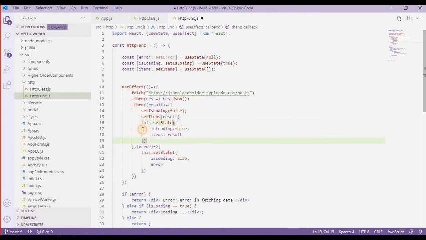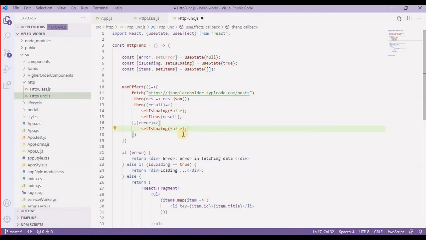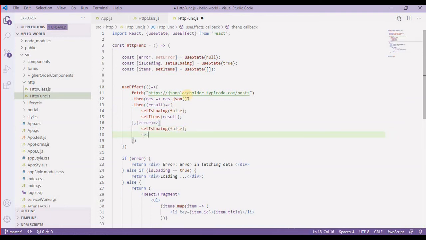Now I don't need this setState method over here, so I'll simply delete this, and then in our error handling method we also don't need this setState, so we'll simply copy this line as it is going to be false again. So loading is false, and then setError is basically the error.